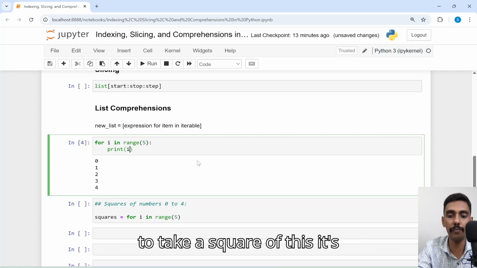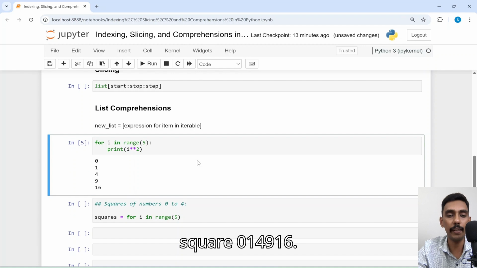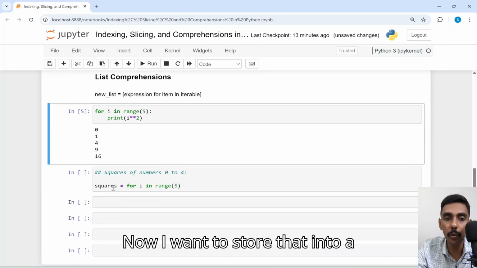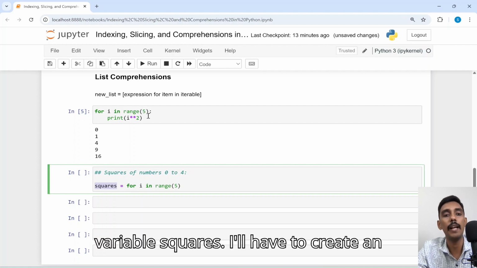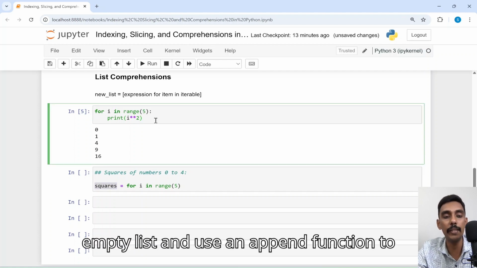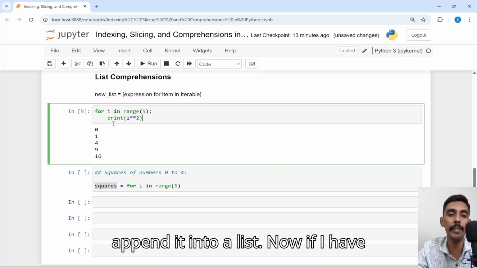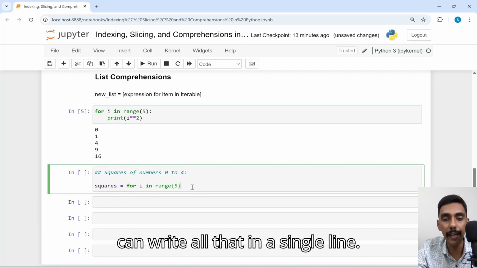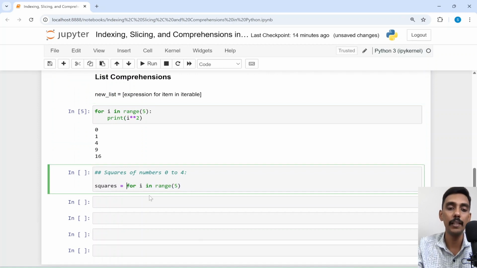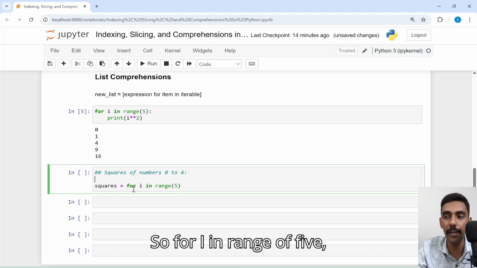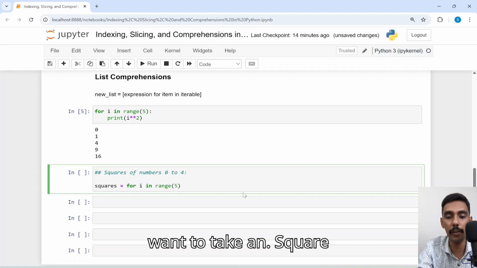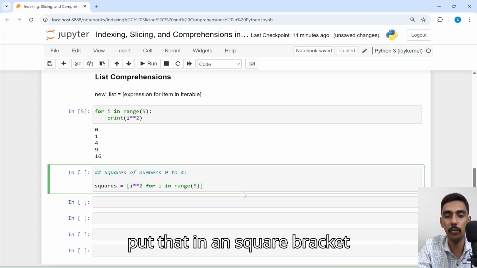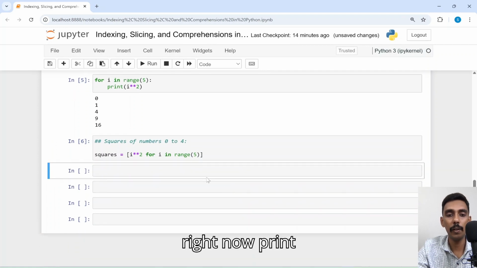Now I want to take the square of this: 0, 1, 4, 9, 16. Now I want to store that in a variable, squares. I'll have to create an empty list and use the append function to append to it. If I write it using a list comprehension, I can write all that in a single line. So for i in range of 5, what do I want to achieve? I want to take a square. Put that in square brackets. Now print